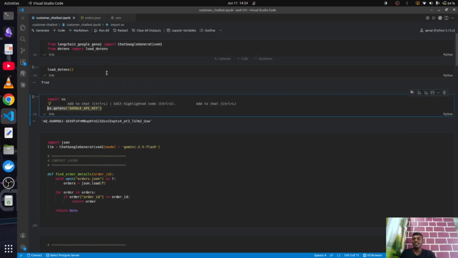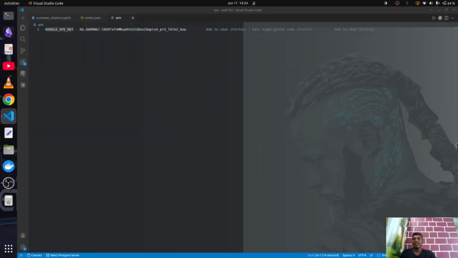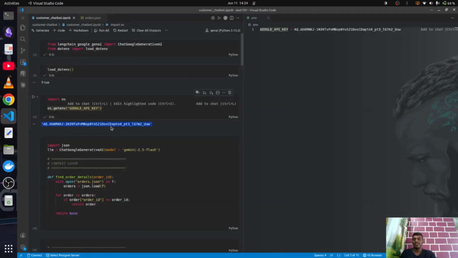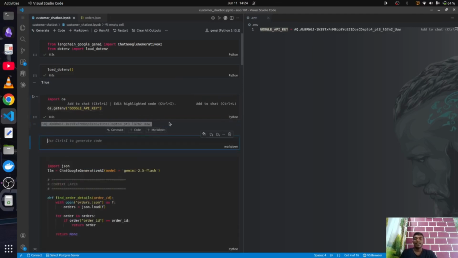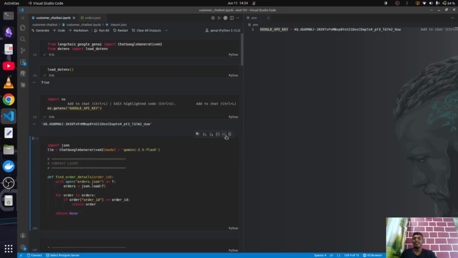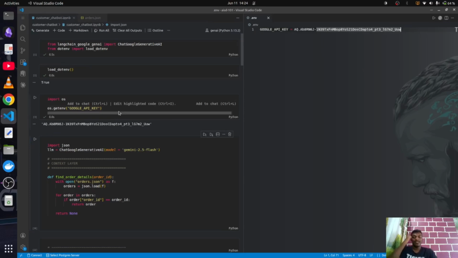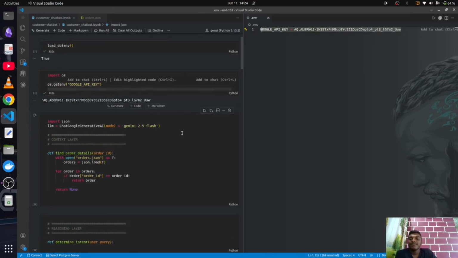GOOGLE_API_KEY is the key variable name, alongside that we have the particular API key. I'll be invalidating the existing one so that no one can use it. But yeah, it's suggested you don't show your API key this way.